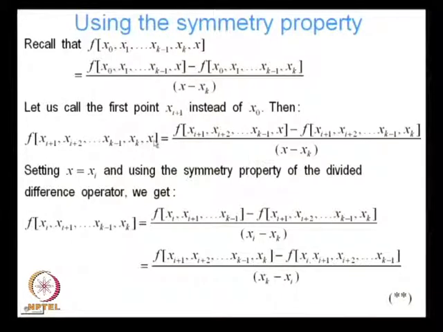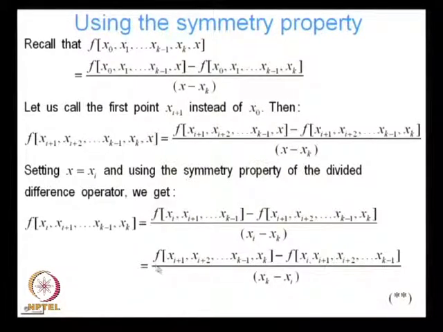Interchange, I put x_{i+1} right in front, so x_i right in front. So I have x_{i+1}, x_{k-1}, x_k. Similarly here, I replace x by x_i and move the x_i right in front. So I have x_{i+1}, x_{k-1}, and this I leave unchanged. For x_{i+1}, here there is no x, so I need not replace it with x_i. So I have f x_{i+1}, x_{i+2}, x_{k-1}, x_k, and then I just